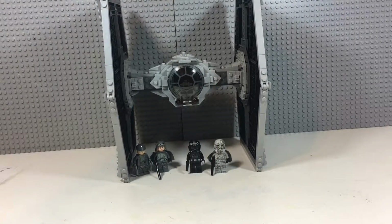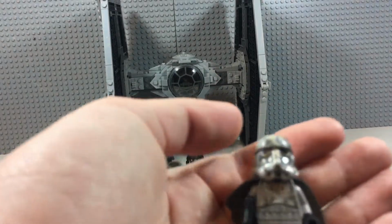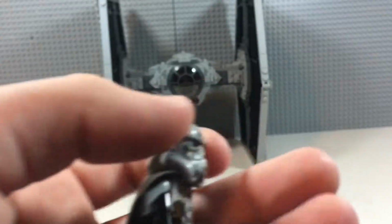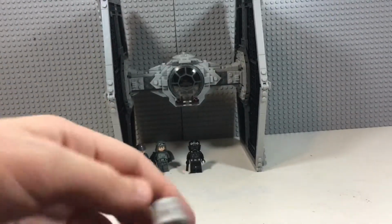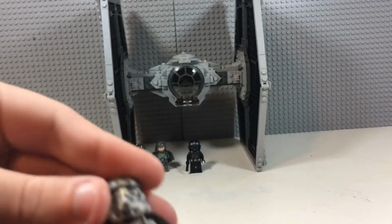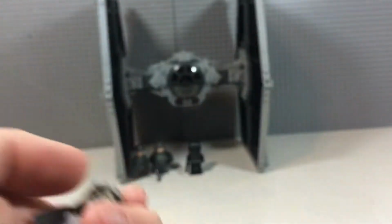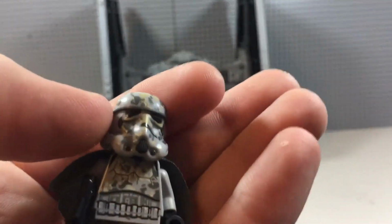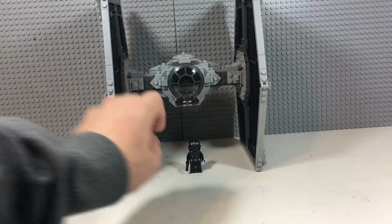So, yeah. And then last we have, I'm sure, the most coveted figure out of this set. He has a fully new mold. It has a fully new molded helmet for this character, and again, a nice cape piece, which if we flip around, there's his back print there. He does use that same face as the pilot, excuse me. And there's his front printing on the body. It's very nice. The helmet print is also great. So yeah, we're gonna just put these three to the side for now and